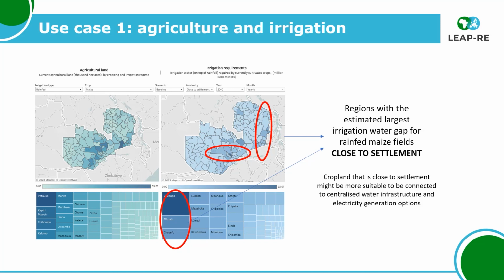So looking at this, it's interesting because we can already get a sense of which areas of Zambia seem to be prevalent in terms of maize demand for irrigation to close